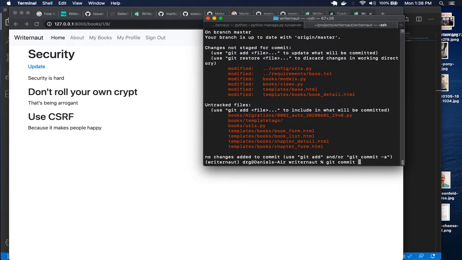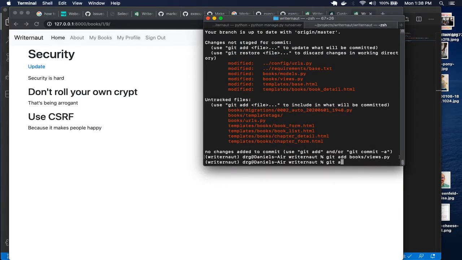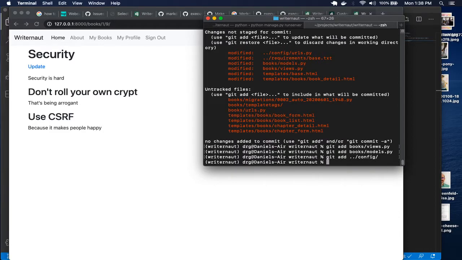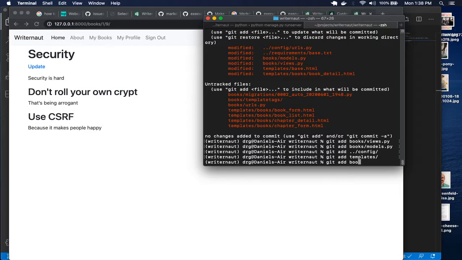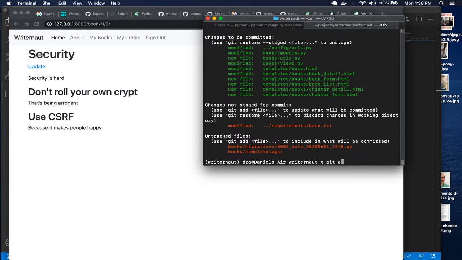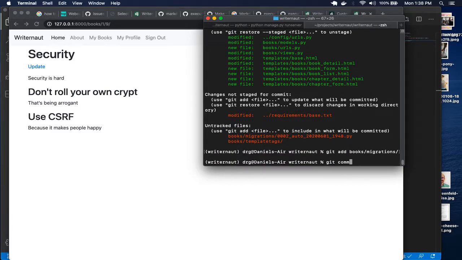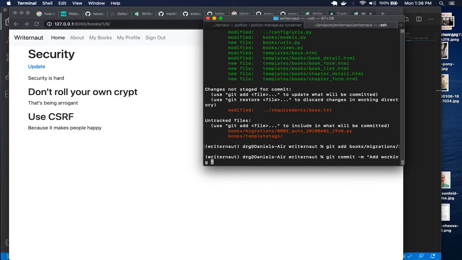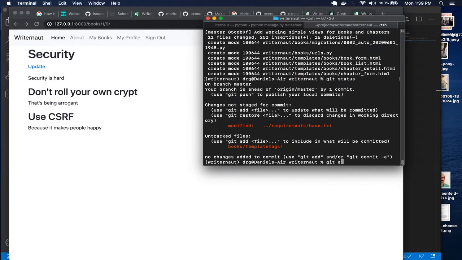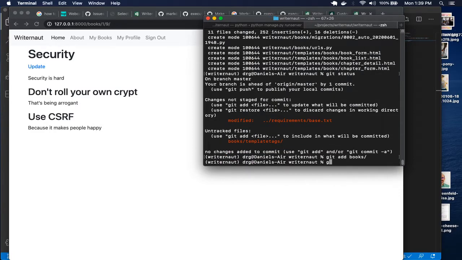All right, git add books, views, git add books, models, git add config, git add templates, git add books, URLs. So let's see what our current status is. Oh, git add books, migrations, git commit, and our message is going to be add working simple views for books and chapters. And then if we hit git status again, git add books, so git commit,